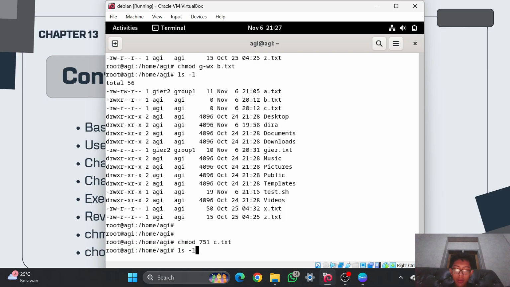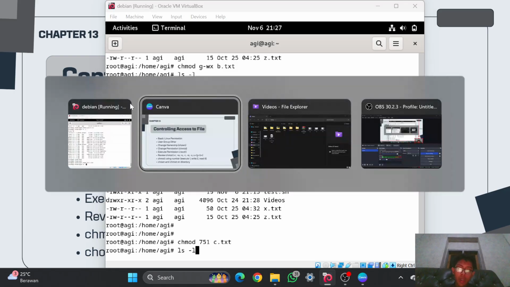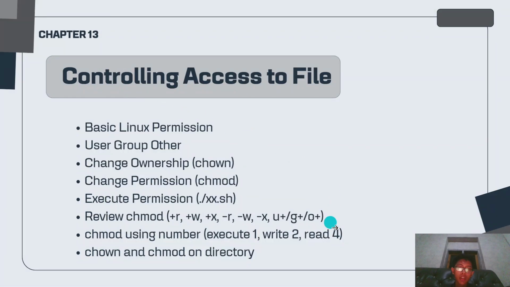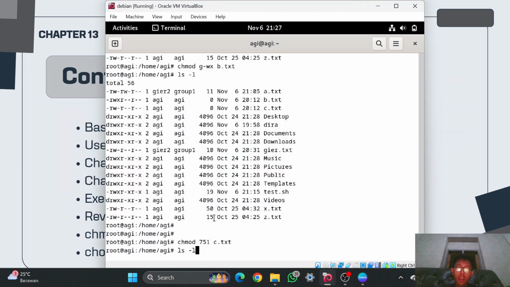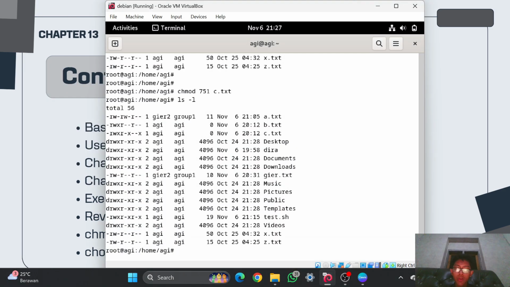If I enter it right now and check, the user should have full access, and the group will have access to read and also execute, but the other will only have execute permission.